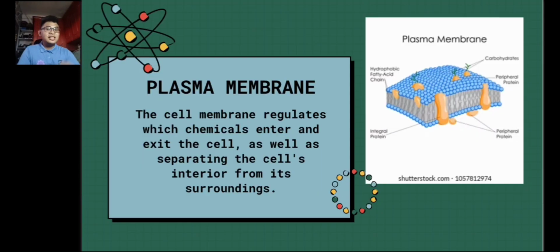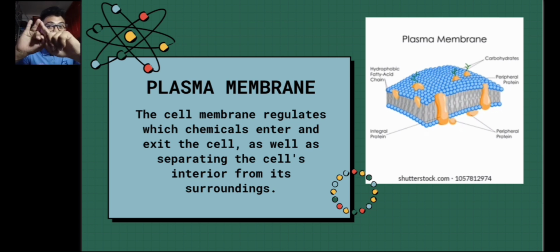The next part is the plasma membrane. The cell membrane regulates which chemicals enter and exit the cell, as well as separating the cell's interior from its surroundings. So that's the image of plasma membrane. Okay? And also, did you know that the plasma membrane contains a range of receptors? May mga receptors po ang plasma membrane, which carry out a number of tasks including being, number 1, also remember,